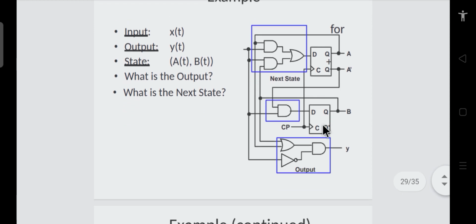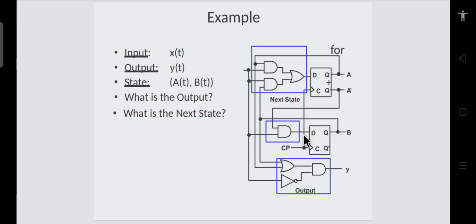So let's say we have a given circuit and we want to analyze it. What will be the output here? That's what we want to know. First of all, we will identify the input. Let's say this is the input x(t), and these are your two flip-flops. Each flip-flop can store 0 or 1, so it can have two states. So two flip-flops can overall have 4 states, and how the transition takes place and what your final output will be, you can analyze with the help of this circuit.